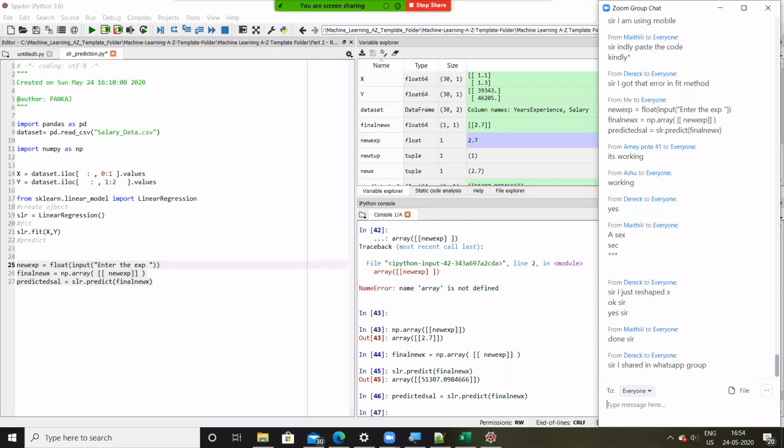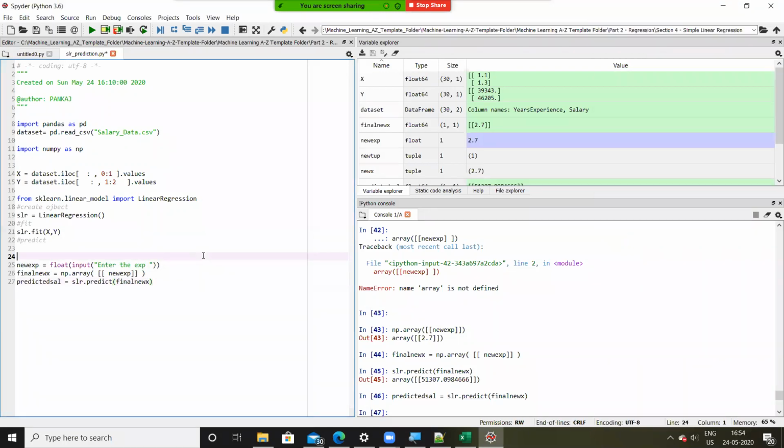Okay, so you are reshaping. So what you are doing here, Derek, is at your X value, you are reshaping it with minus 1 comma 1. So that will convert it into a single dimension. And then you are training that linear regression model with that data. This program will work only because there is only one variable here. But what if you have multiple input variables? In that case, this might not work, right? So it's better you use this approach where you convert the new data into a format that is expected by X.